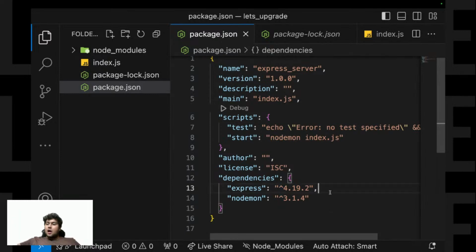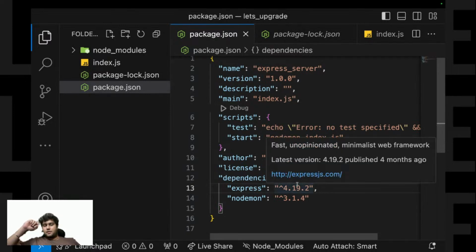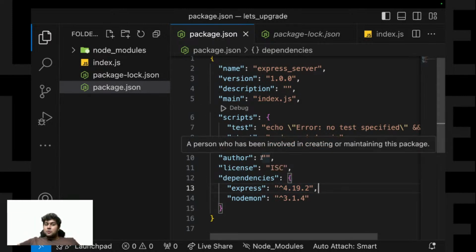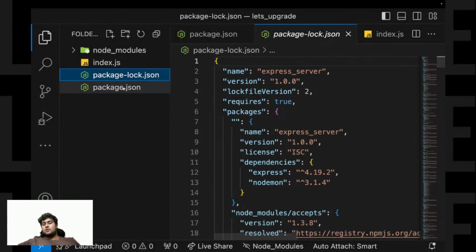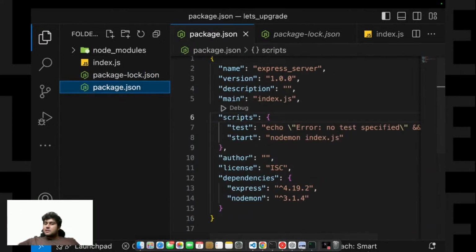Now let's say I'm using 4.20 in my project, on my computer, and I'm sharing my project with you. Whichever version I'm using on my computer gets saved in package-lock.json.